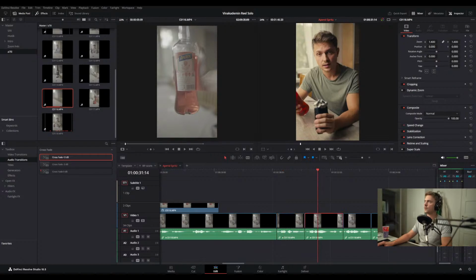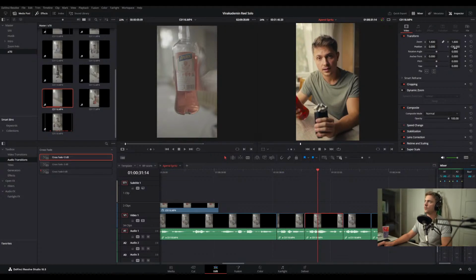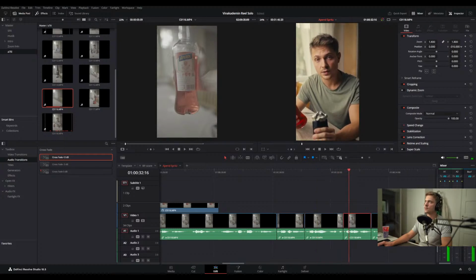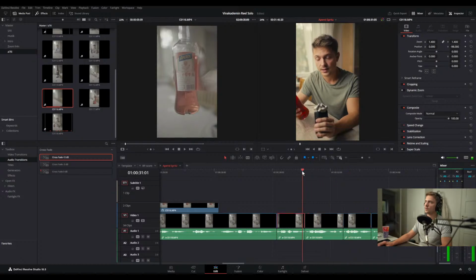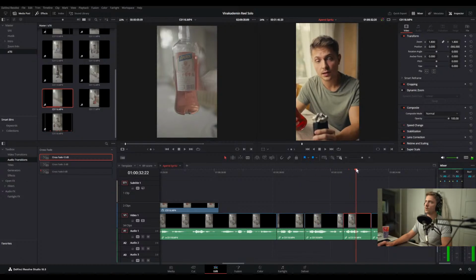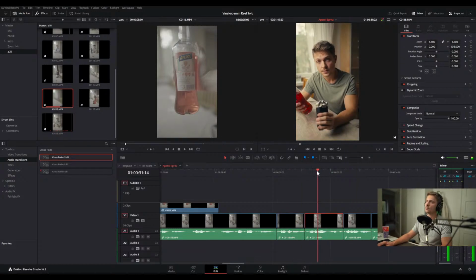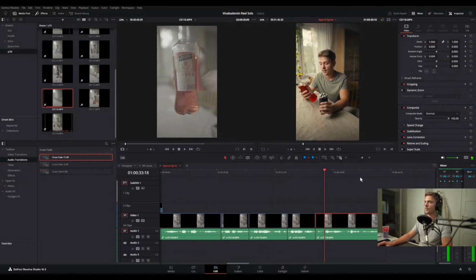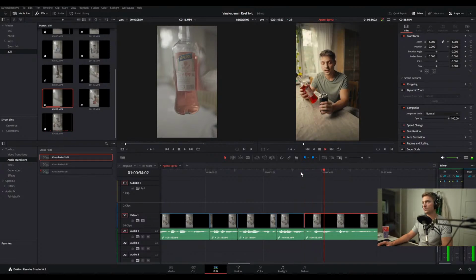This doesn't have to be, and then a little bit more. It's not science. We just want it to go towards my face, pretty much. And I mean, just so we have some headroom. And then we can go back to the full